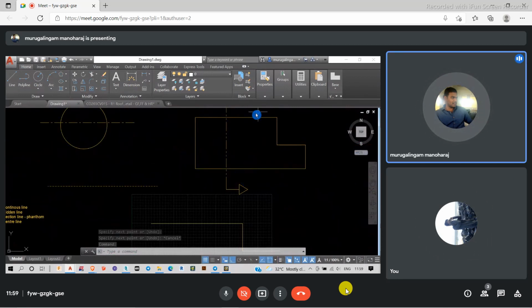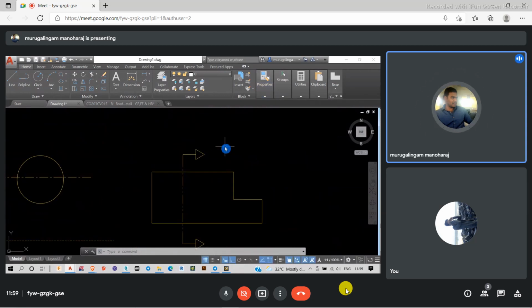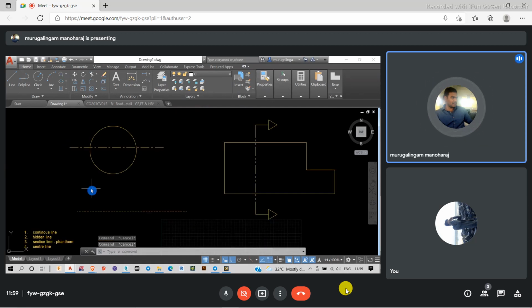Next thing is transparency. But one more thing I want to say here is that there is one more command available. Just note down that command. It's called LTS, line type scale. In case you are working in your system, it won't appear as clearly as I have drawn now. I have changed my settings accordingly. Whenever I draw, it appears clearly for me. It may not work for you because of the units you are working in or the basic settings you have in your system.